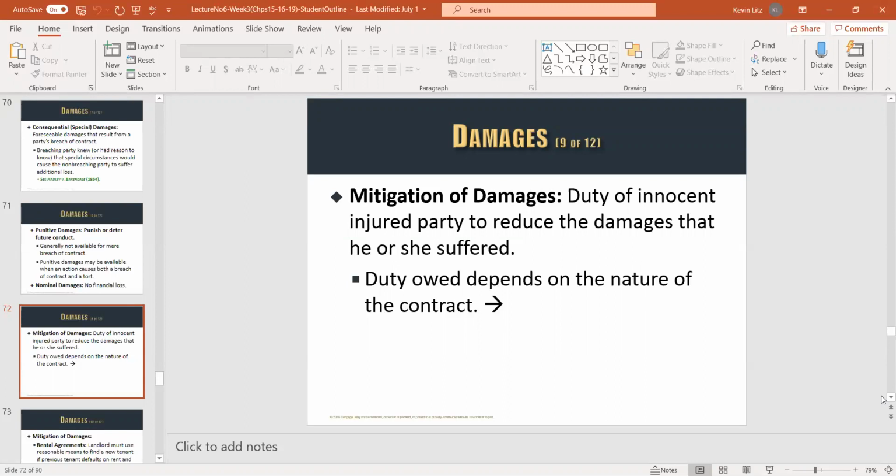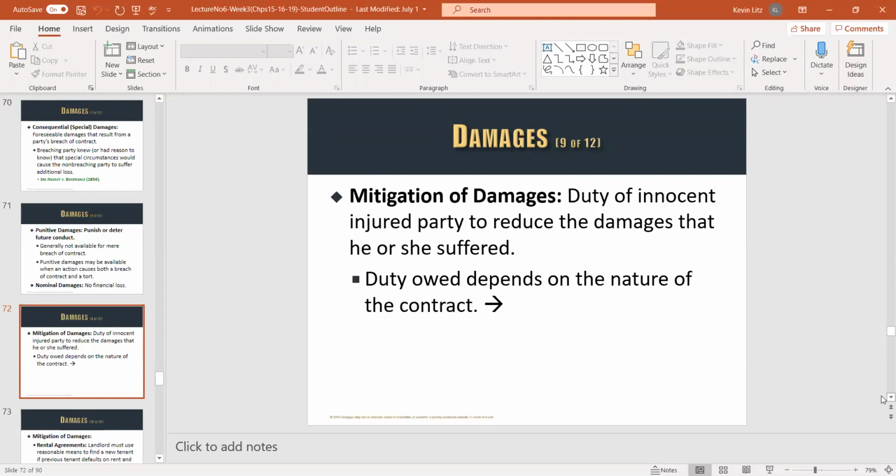Well, I had a duty, as I'm not the party that breached. You're the party that breached or broke the contract. You didn't sell me parts like you agreed in a contract. Well, I have a duty to try to minimize, in other words, mitigate the monetary loss to myself. So if I can turn around and go buy $12 parts to replace the $10 parts you agreed to but didn't deliver, I have a duty to do that, instead of just throwing up my hands and then trying to sue you for millions. So the party that's injured has a duty to try to mitigate damages.